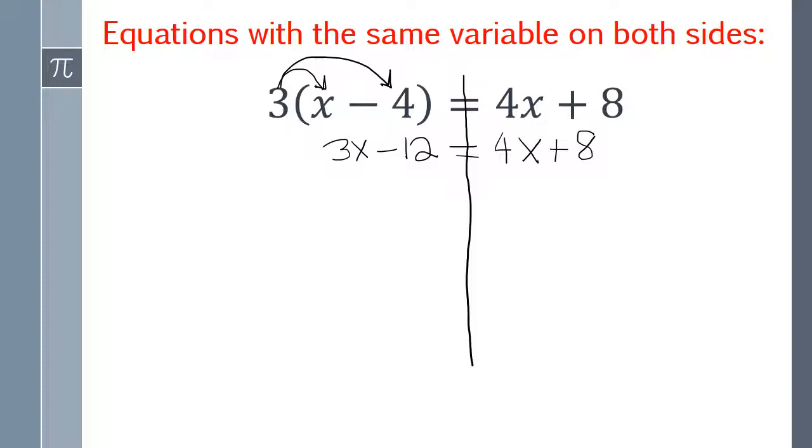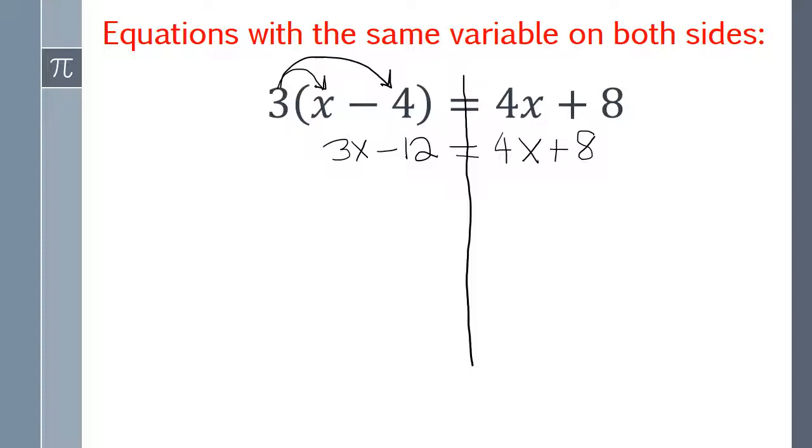sides, and we're trying to isolate the x. So that means instead of having 2x, we need to have just 1x on one side. And the only way we can isolate the x is to move one of these two terms to the other side. So I'm going to move 3x to the other side by doing the opposite operation,